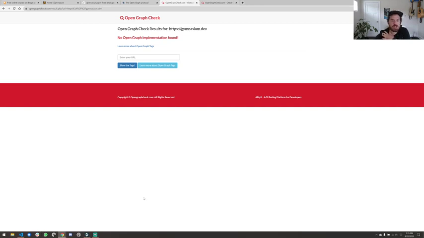This is one of those things that, to call it a chore is unfair, because this is important. This Open Graph implementation has a lot to do with how your site is shared with the world visually. When other people share links to your site, it helps give you a better fighting chance of having people actually want to click on those links. And it's also really useful for SEO, for search engine optimization.